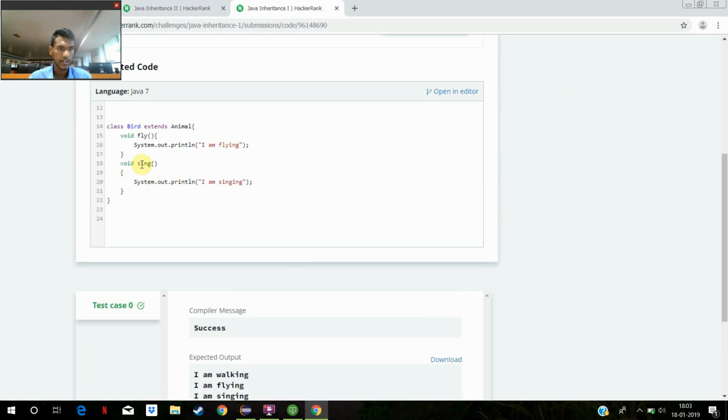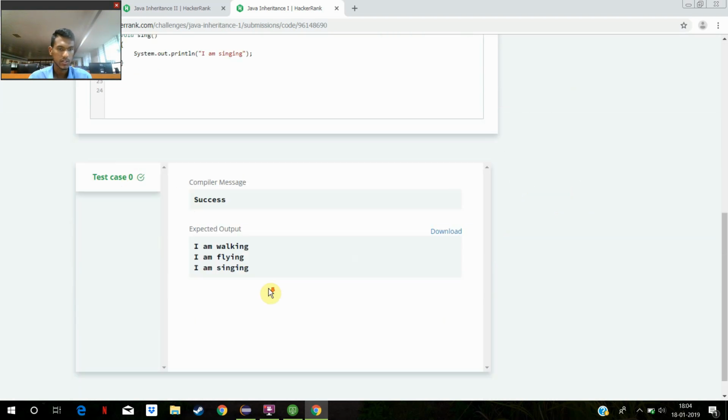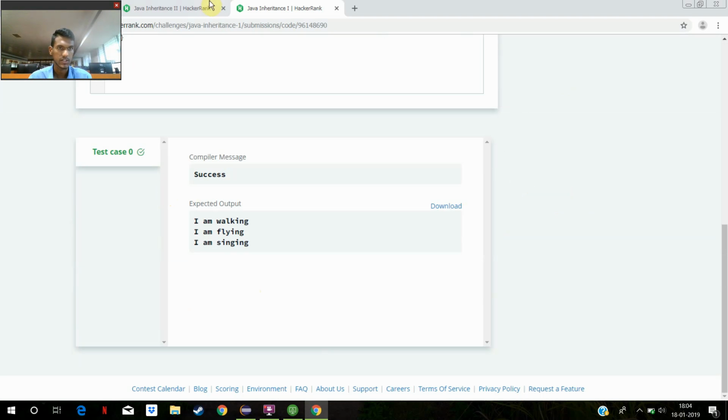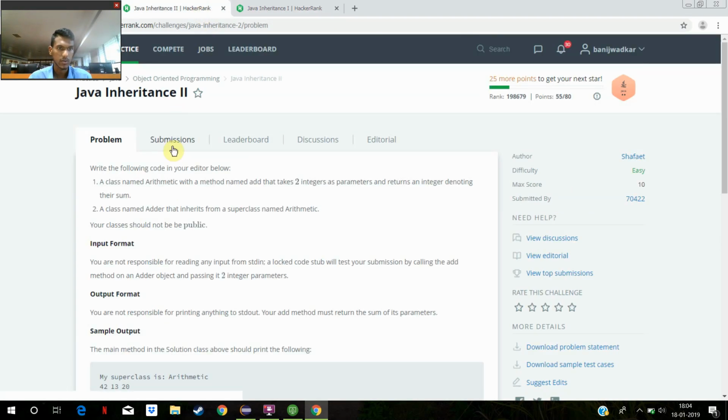So this is the code where I create an additional function, a void sing, and I simply print "I am singing". So that will be printed to the screen, and as you can see, the test case shows a success. Moving on to our second question,